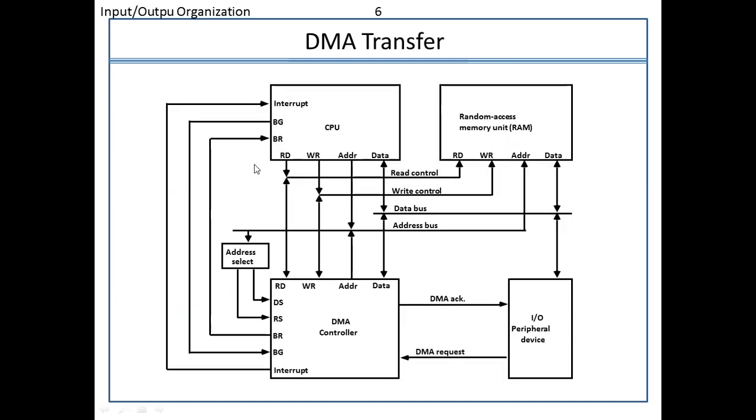Now this is the last slide, which depicts how the entire process will go on. It all starts from here. These are the peripheral devices. The peripheral devices will send the DMA request. Now what will happen? There is a DMA controller in between. The DMA controller will originate the interrupt signal as well as the bus request. It will request the CPU to give the hold of this entire bus.